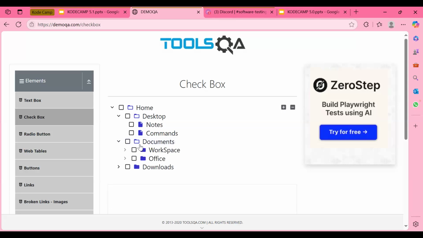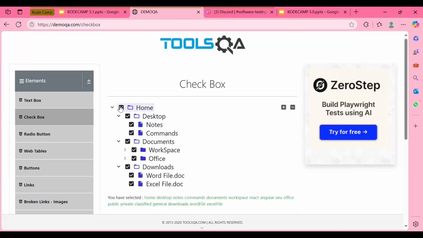Okay. So thank you very much, Sam. You can mute your mic now. Thank you very much. So if we are to test a checkbox, right? We have to check if it can click, as Sam has said, if we can click that checkbox, and if we can unclick that checkbox. So another thing we have to test is if we can